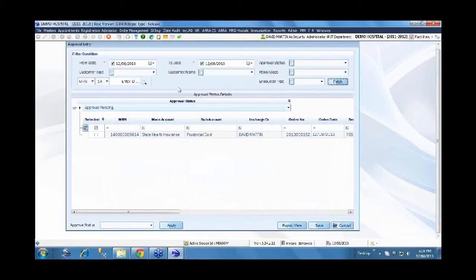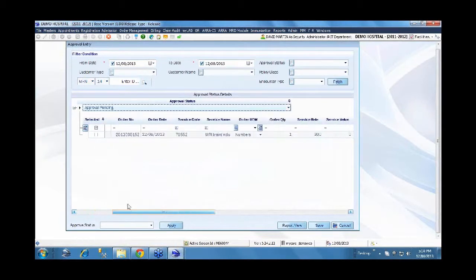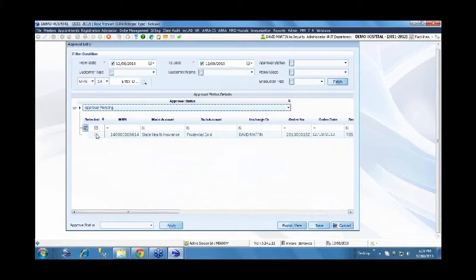For insurance companies that do not support electronic approval, you need to have this manual process. So here I can select, and the various statuses associated with sending an approval request and receiving the approval can all be captured within the system. So I'll quickly do an update.